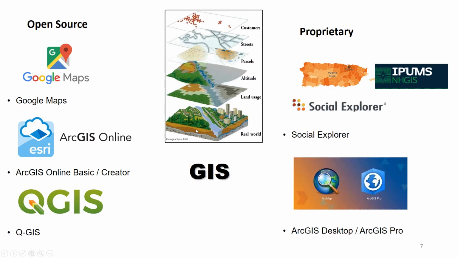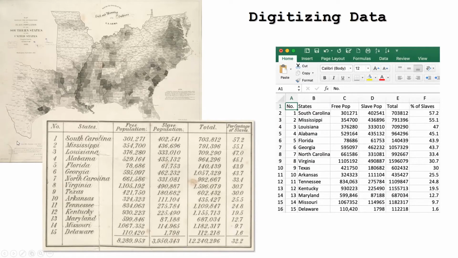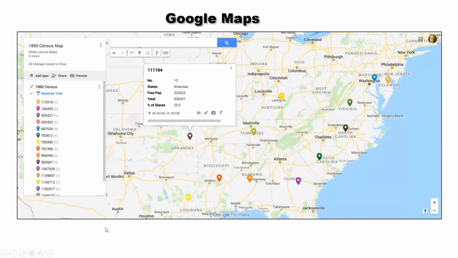Okay, so what I did to prepare for this, I want to show you a simple exercise that you can do pretty easily. I made an Excel spreadsheet of the legend that was included in this map. I wanted to see how I could visualize this. I copied that data into a spreadsheet, and then I was able to upload it to Google Maps. It's not exactly simple, but